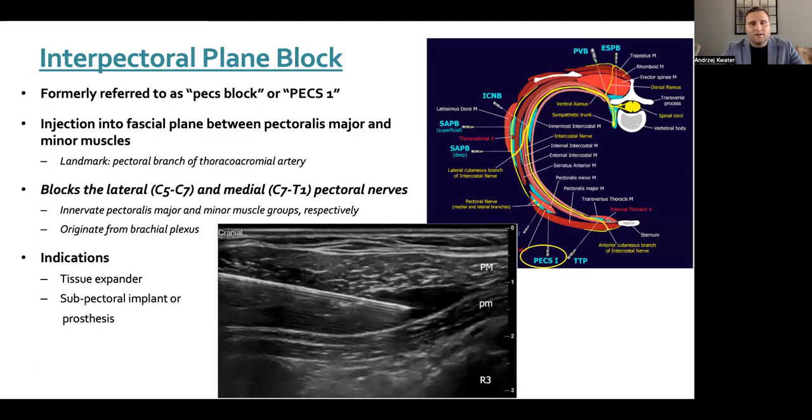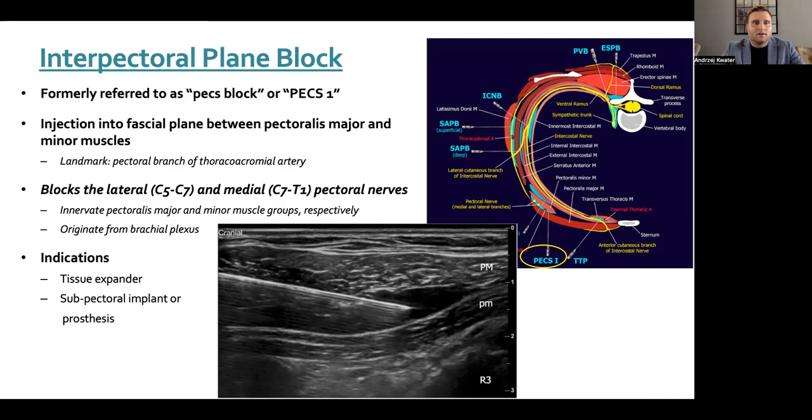So going further, again, this is the interpectoral plane block, formerly referred to as the PEX block or PEX 1 block. So we're injecting local anesthetic into the fascial plane between the pectoralis major and pectoralis minor muscle groups. In order to do this block, the ultrasound probe is oriented in the sagittal plane, just medial to the coracoid process. This is a similar area to where you would identify the infraclavicular